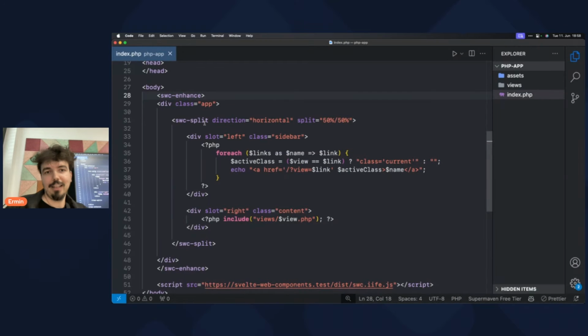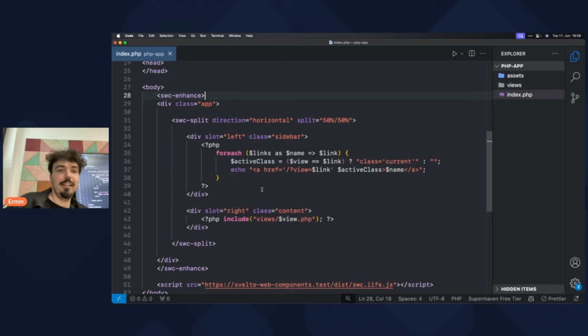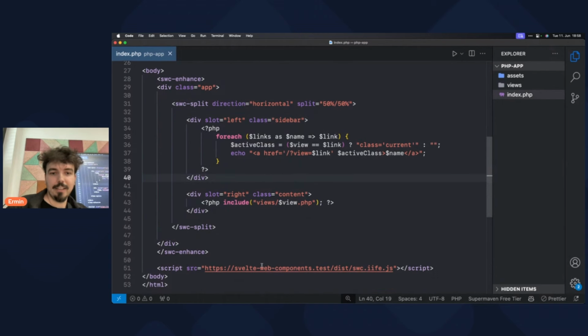If I were a front-end developer and there is not too much flexibility in the old backend system, I could build this functionality and I wouldn't need a backend developer to change much. The cool part of this is, see, this is where we built our Vite Svelte Web Component file. So if I delete this,